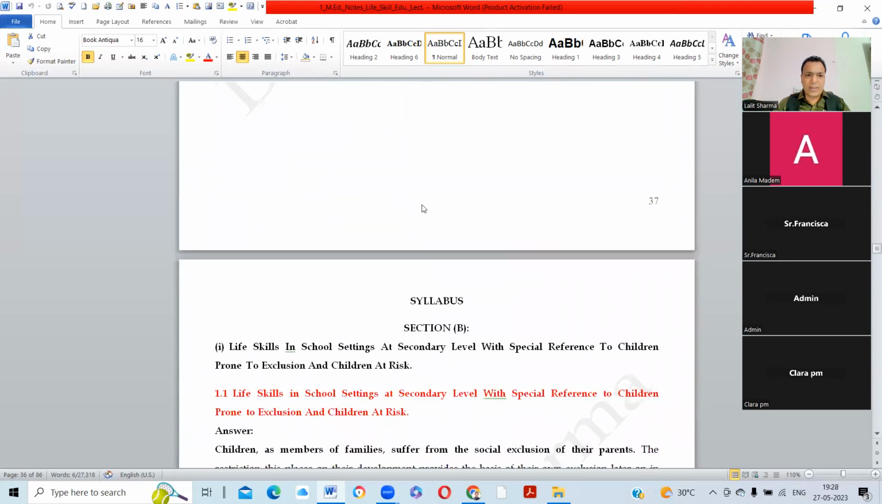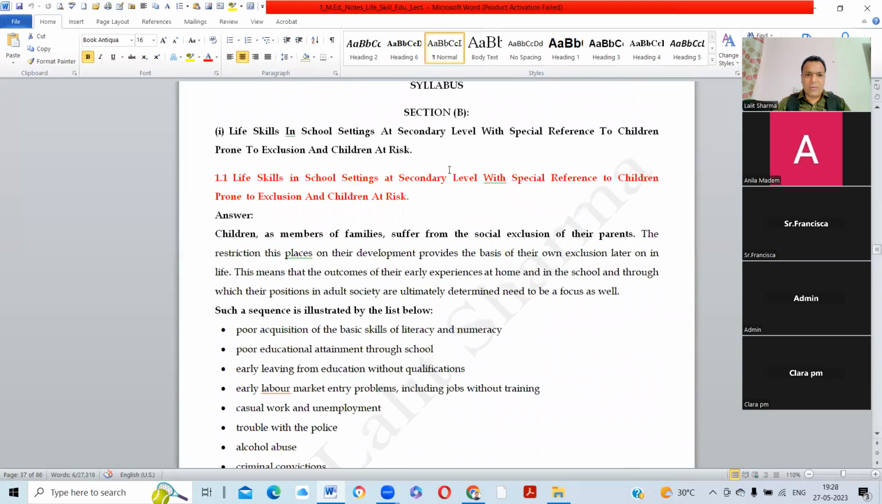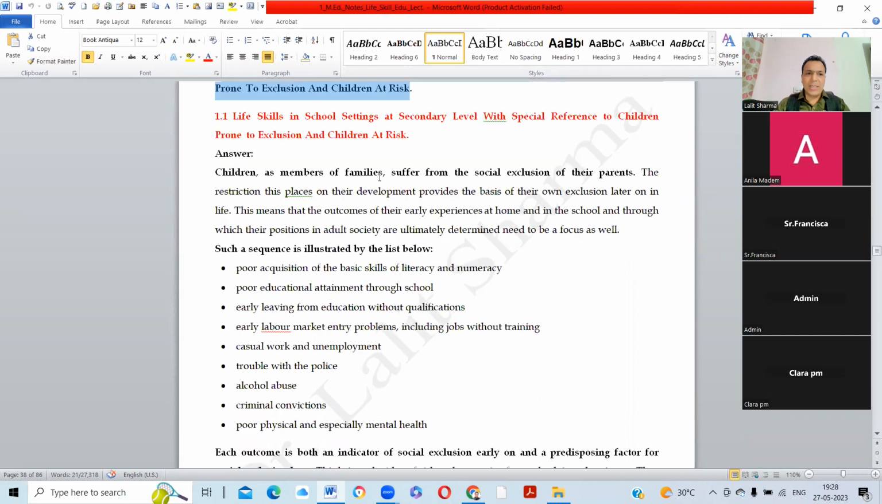So these are all the points, okay, right? Now we talk about Section B: life skills in school setting at secondary level with special reference to children prone to exclusion and children at risk, right? Those who get excluded and students who are dropping out, have you found out what the reason was why they are dropping out? It might be that they are dropping out because of the bad behavior of the teacher, bad behavior of the principal,